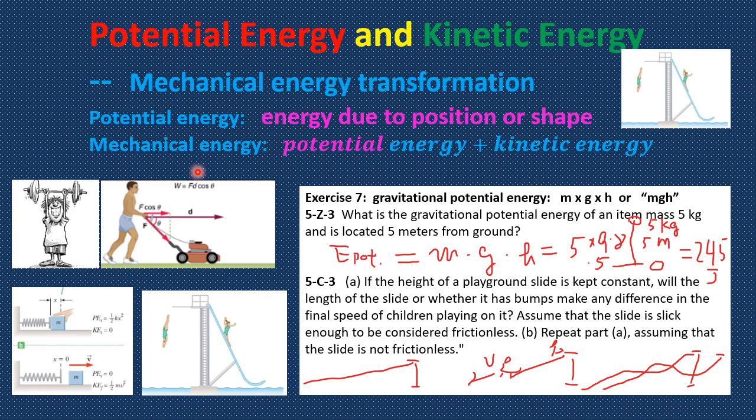So now, let's do it one by one. Let's figure out the potential energy due to gravity. In this case, for example, this is a diver, and the ground is zero potential energy. When she climbs up, she has higher potential energy. The potential energy is determined by the mass times g, which is actually the weight, times the height. So in every case you can say mgh.